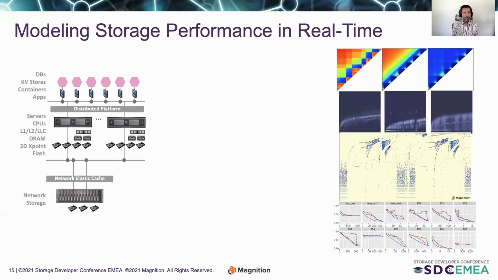So modeling performance in real time is a new area of some breakthroughs which are enabling low-cost, real-time, efficient, and accurate modeling of storage systems with millions of IOPS, which has traditionally not been possible in real time. Even offline has been exceedingly expensive, so that even if you were able to learn the system well offline, you run the risk of the actual dynamics of the system having changed dramatically by the time you have learned the behavior of the system, and now your learnings are stale